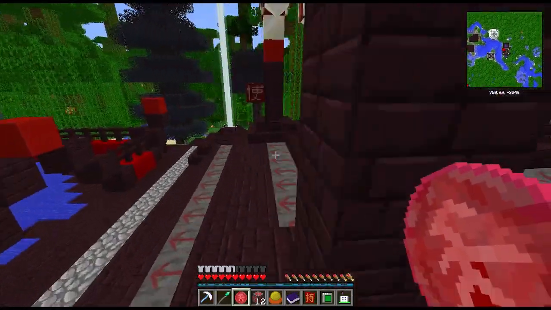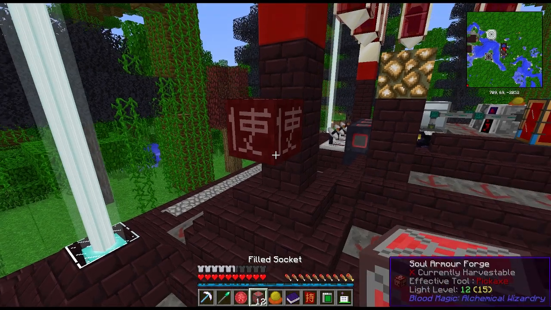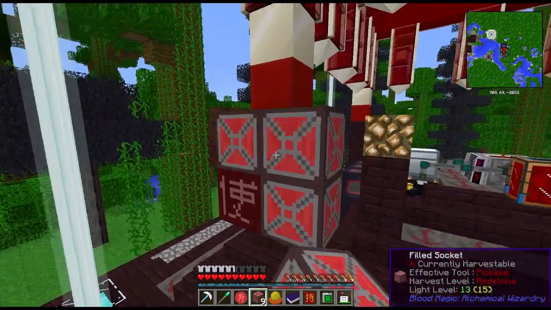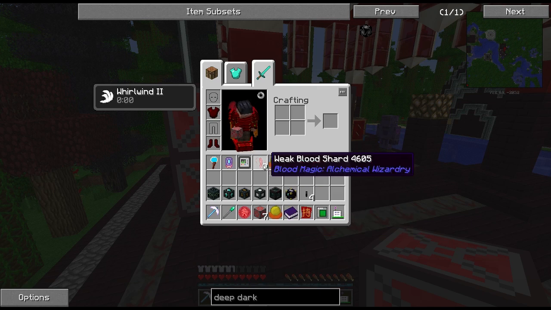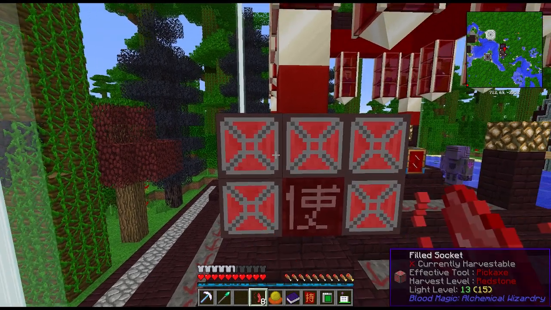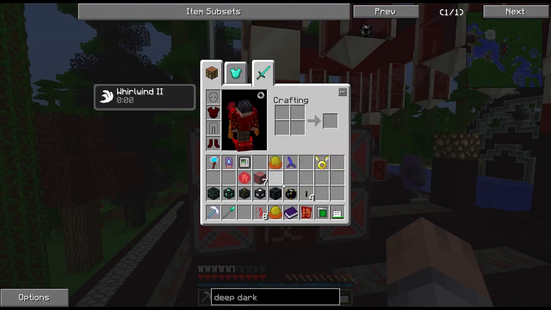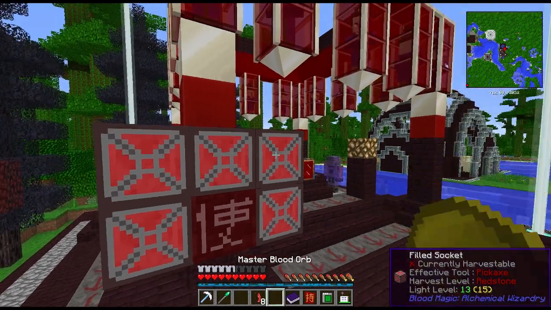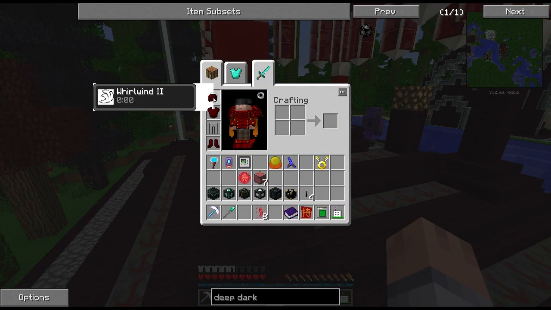So now we got these, and now we can switch it over to be the way it was supposed to be, if I didn't derp that up in the beginning. And yes, so we're gonna need the blood shard, the divination sigil, and also one of the orbs. Alright, give it to me. And now hopefully,